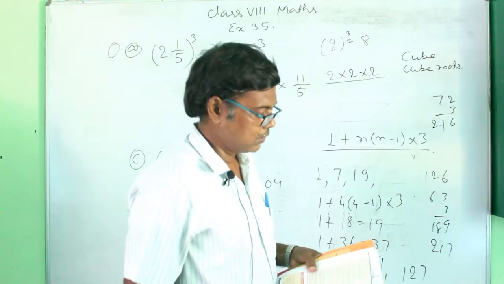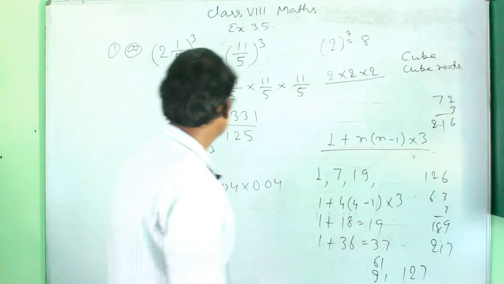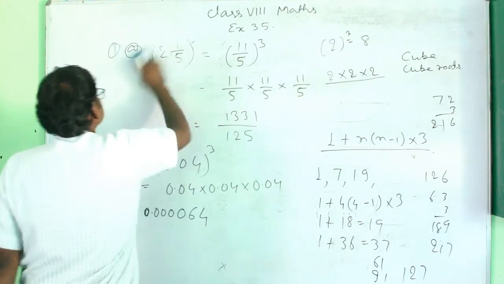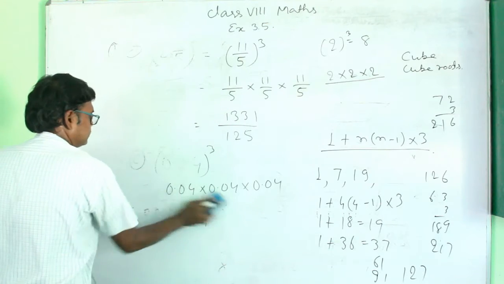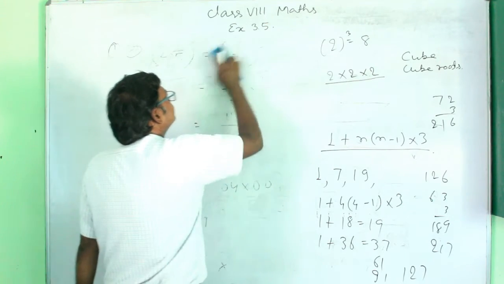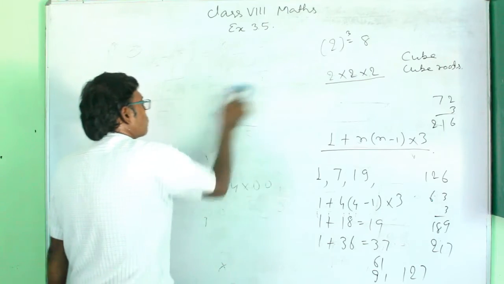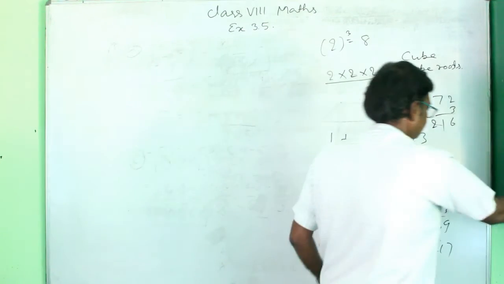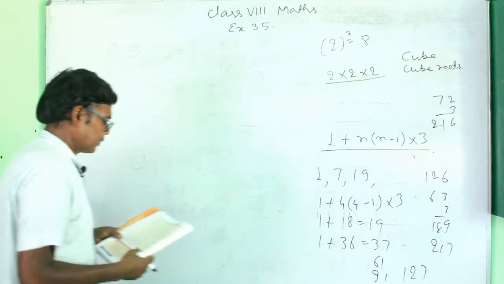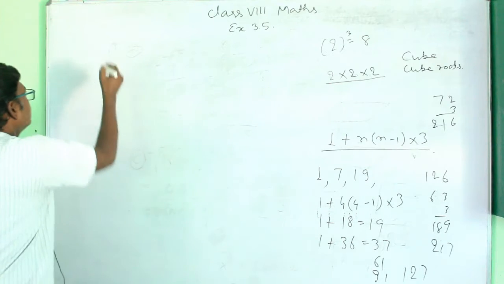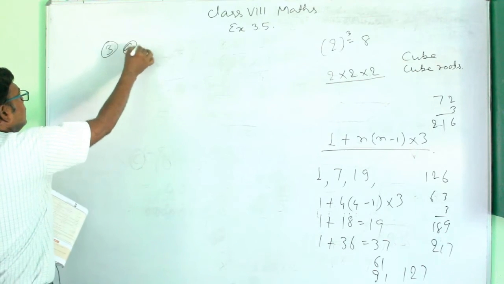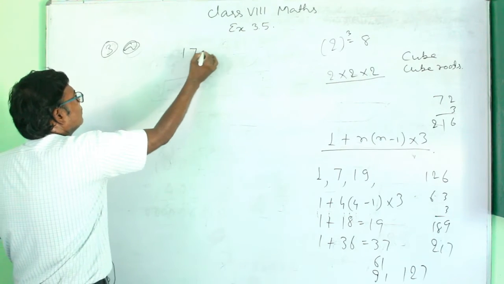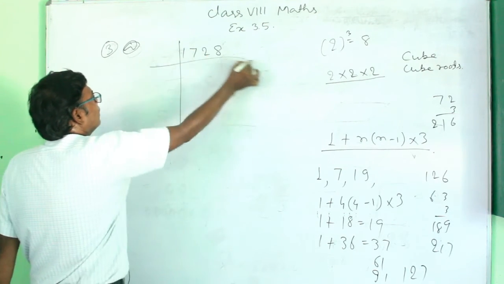So now in this you have to find the cubes of the numbers first. So question number 3. Find out whether they are perfect cubes or not. So first write question number 3a. Here you will find the prime factors of this 1728. You have the number 1728 here. Then find the prime factorization.